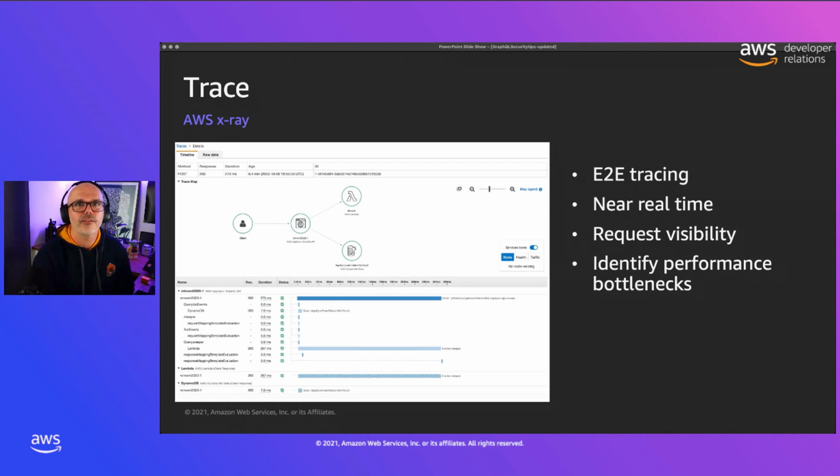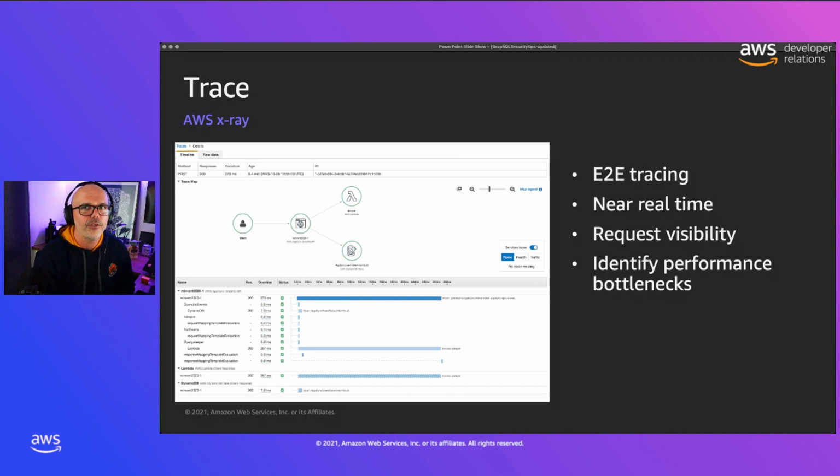But sometimes you also need to do some real-time tracing of those APIs to find out what's going on. You can do that with AWS X-Ray, which also integrates with AWS AppSync. AWS X-Ray provides end-to-end tracing in near real time, so it allows you to see how the different components that make up the call chain of your AppSync requests behave. Now, knowing GraphQL and resolvers and the number of data sources you can have, this becomes really important. It's also a great visual tool, so you can use it to identify performance bottlenecks. And you can see which components in the chain are actually contributing the most to latency.